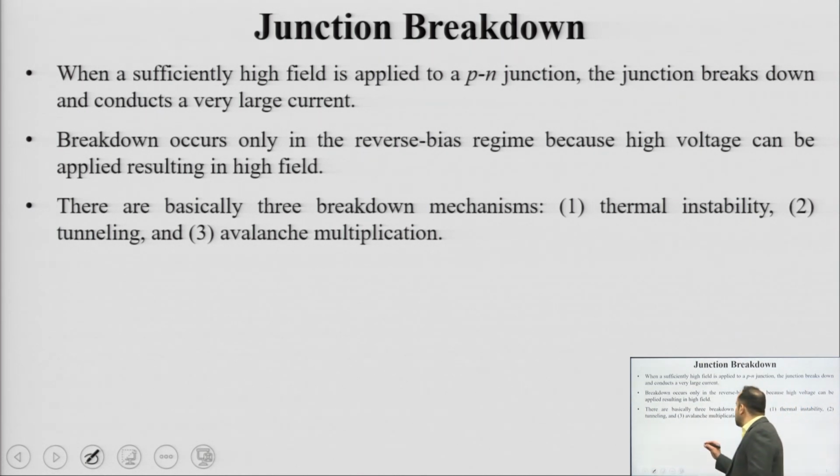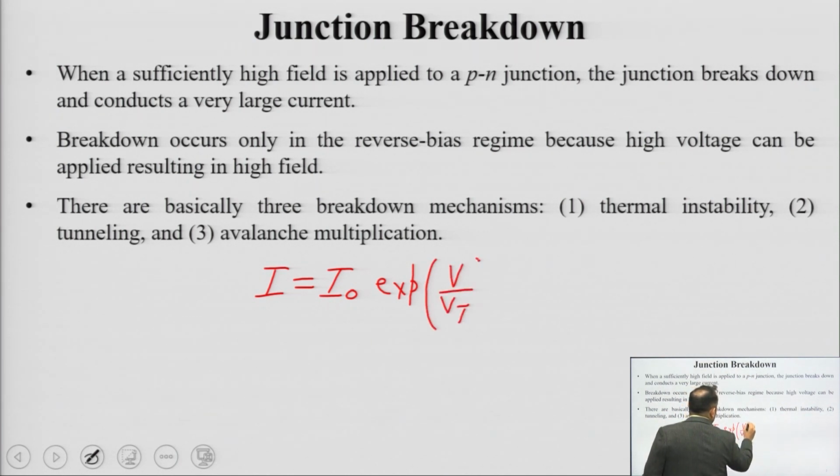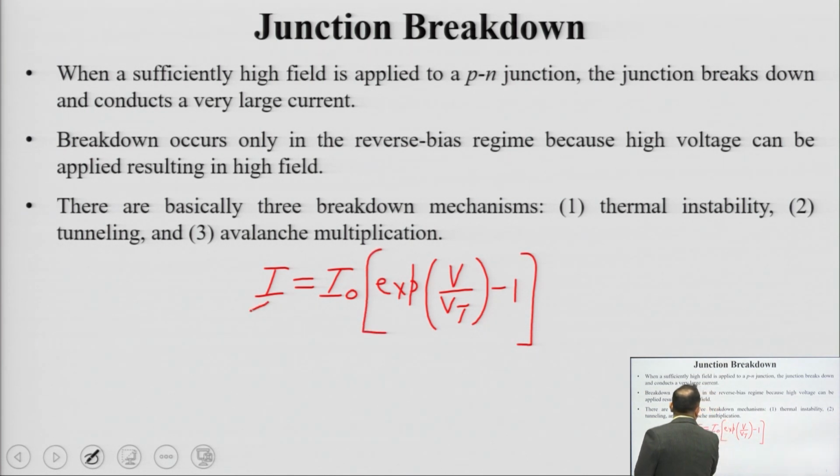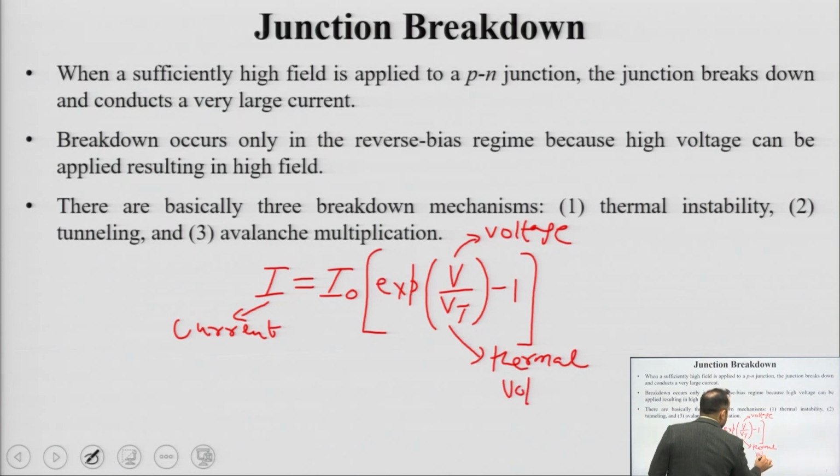The Shockley equation or the IV equation of a diode can be written as I equal to I naught times exponential of V over V t minus 1. Okay. So, this is your total current, this is the applied voltage. This is how you get the IV curve, this is your thermal voltage, kT by q, dependent on temperature,